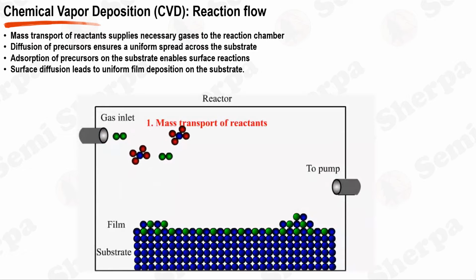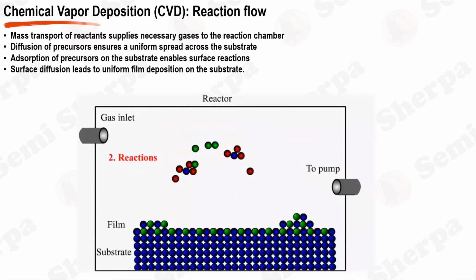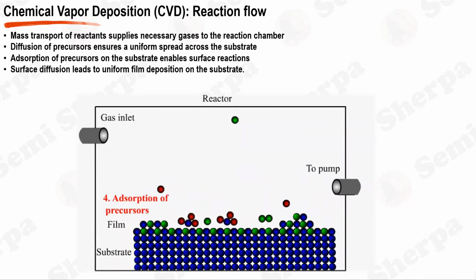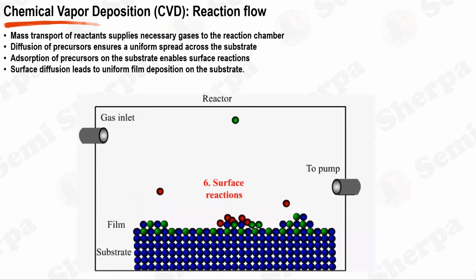These gaseous byproducts need to be effectively removed from the substrate surface to prevent them from interfering with the ongoing deposition process. Step 8. Finally, the byproducts are transported away from the reaction site by gas phase diffusion, and then they are evacuated from the chamber. This removal ensures a clean environment for the next deposition cycle to occur, maintaining the purity and quality of the